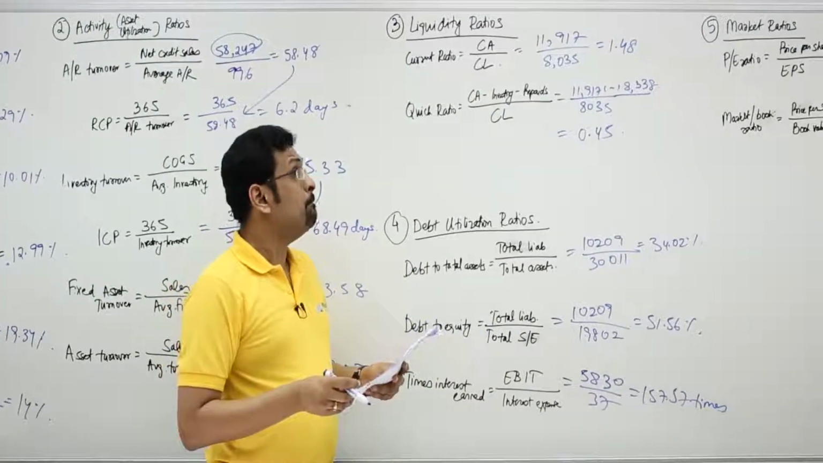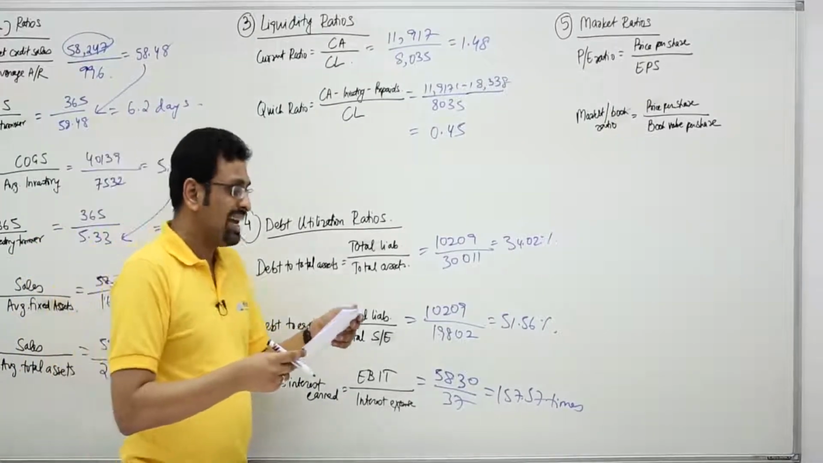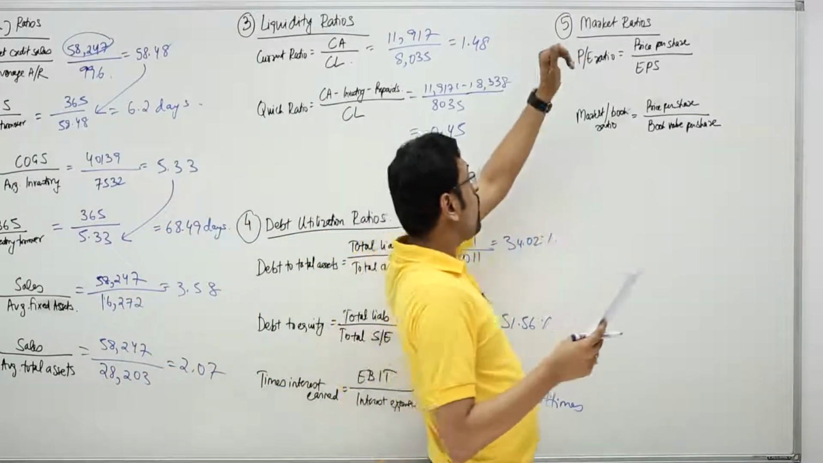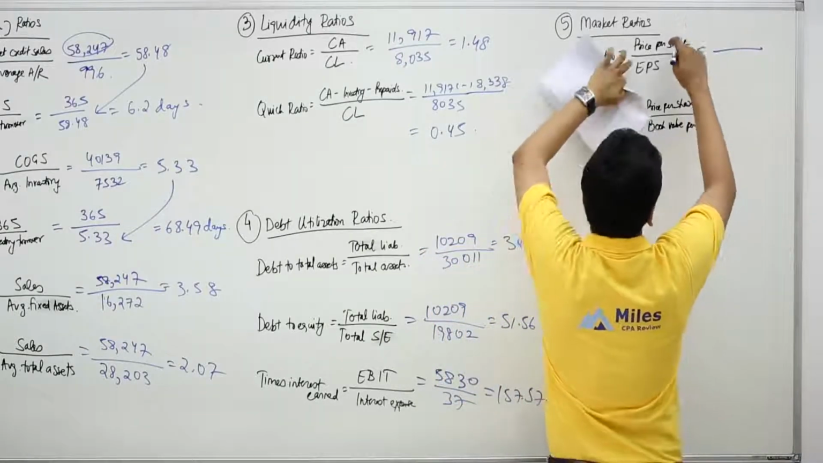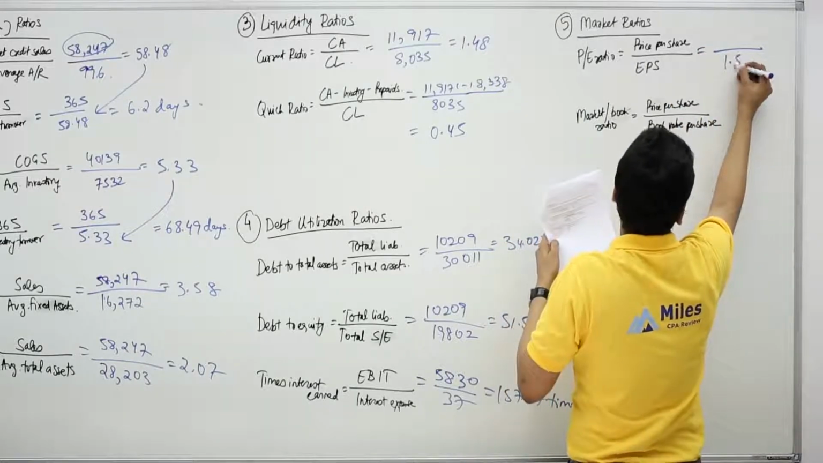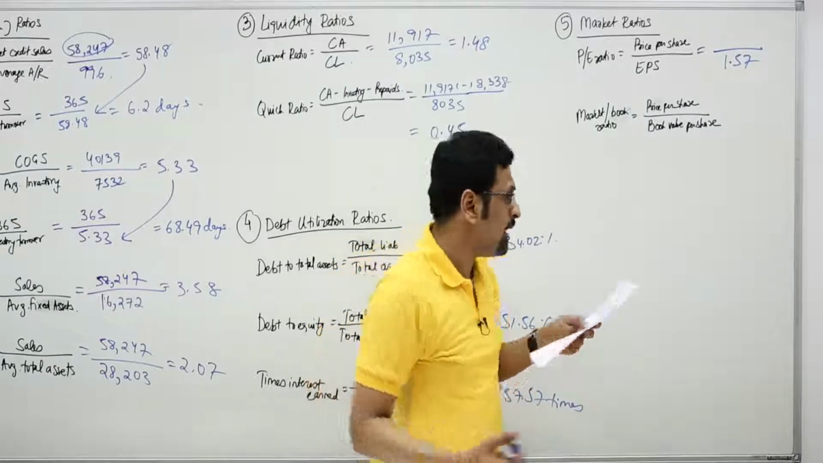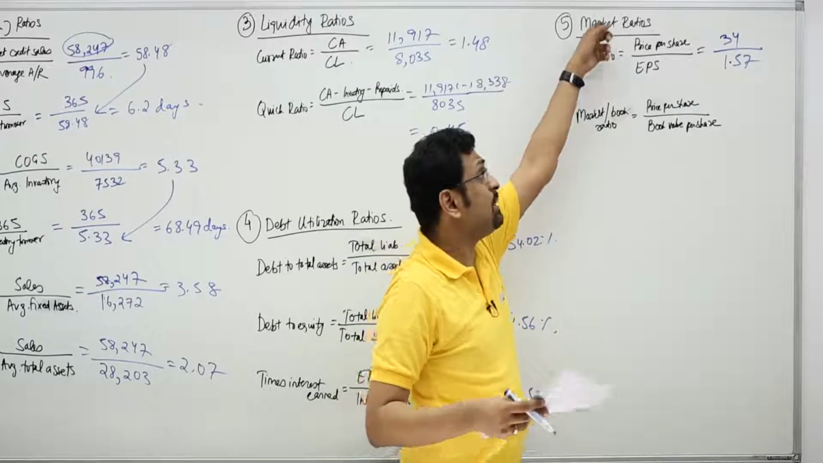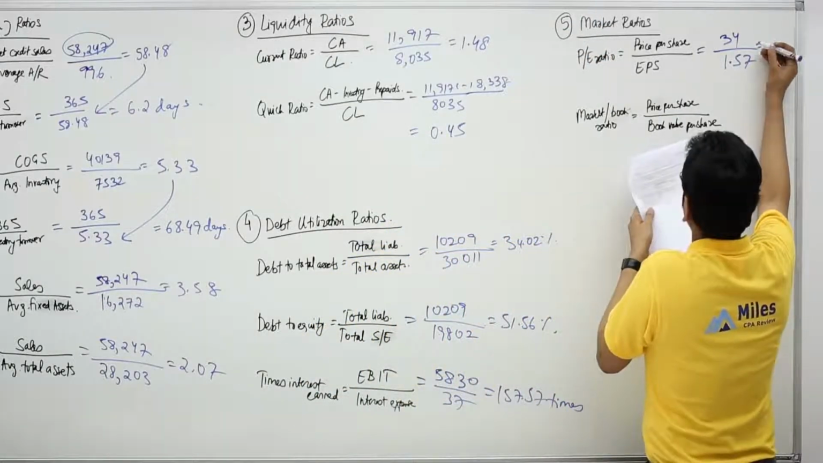Now we look at market ratios. These measures consider the market value of the firm's common stock. And the most commonly used ratio is the price earnings ratio. So you're looking at the market price divided by earnings per share. Earnings per share was given as $1.57. Now it says assume that the market price is $34. So price by earnings gives us a PE ratio of